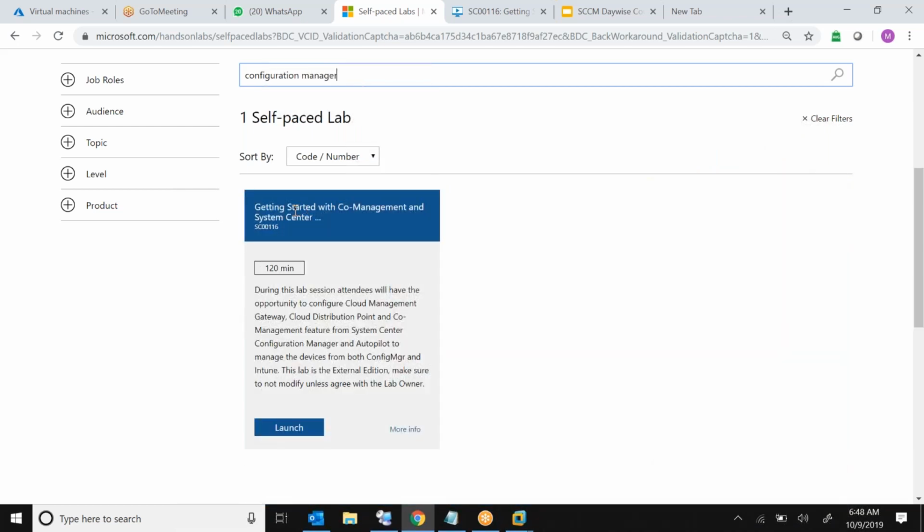There is only one lab, you see: Getting Started with Co-management and System Center Configuration Manager and Intune. You choose launch. I have already launched it. When you click on launch, it will ask you for a username and password. You need to give your